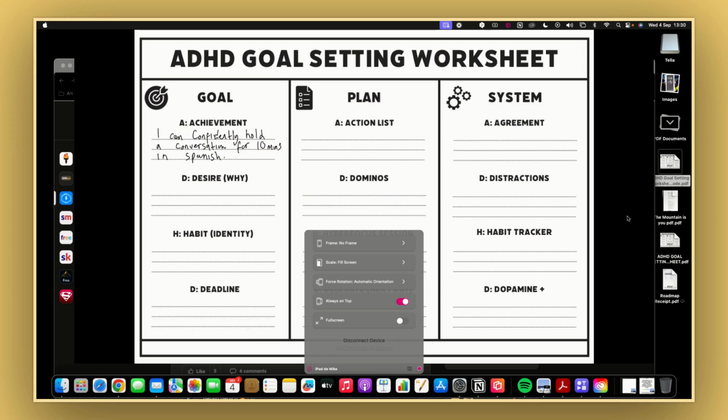So the next thing we're looking at is desire. Now, the desire is the why you desire to have that result. Like, what is the reason for that? And if you think about it, the reason why you want something is very important for you to have it there, and as a reminder, so that you don't sway away from things.